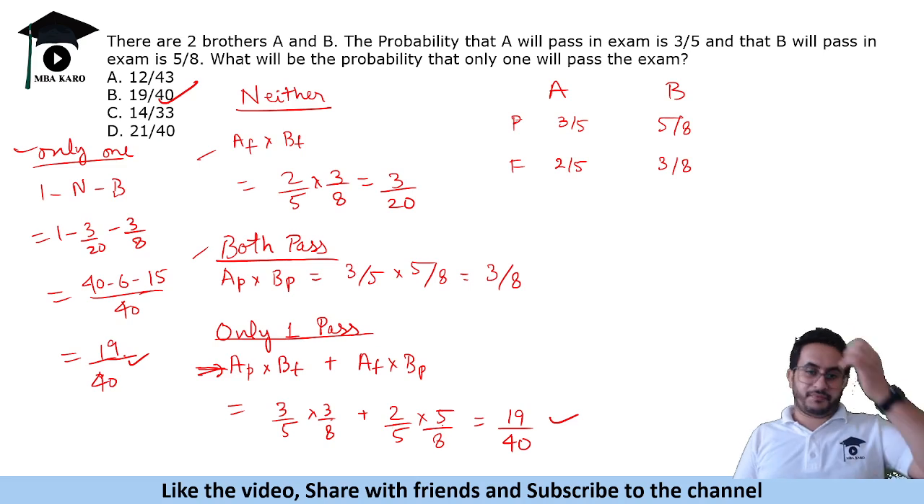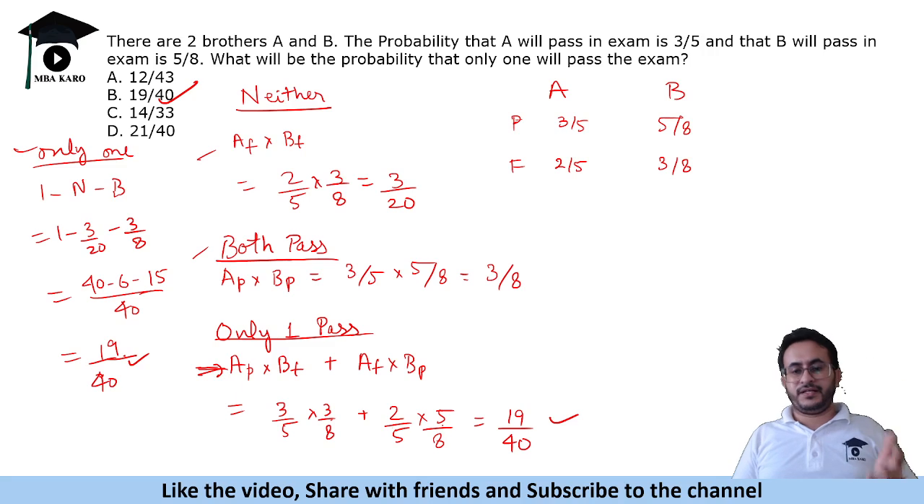So either you multiply A pass and B fail plus B pass and A fail, or you find both pass, both fail and subtract from 1, so that you get only one of them will pass the exam. Okay. Now next is,